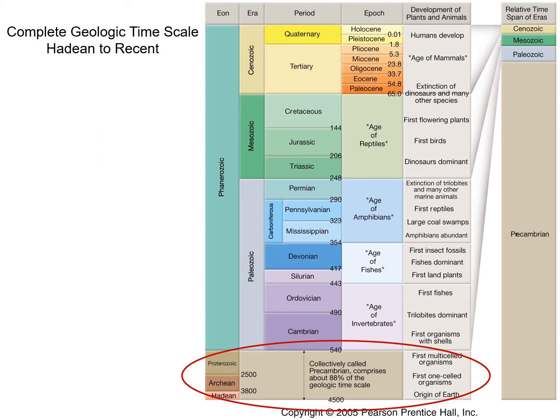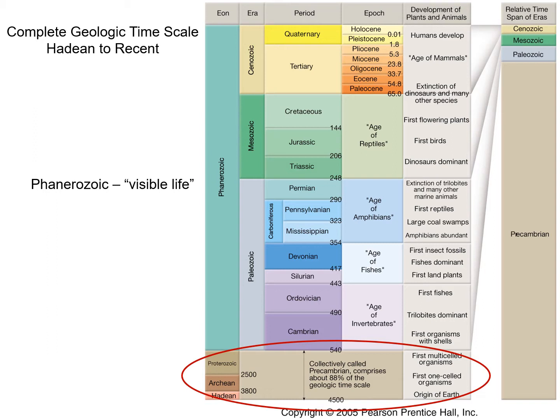For some reason, though, mostly because we have a better record of it, we like to focus on the Phanerozoic, which is the last 540 million years. And we're going to get to that after this next exam. But we're going to be focusing this lecture on just the Precambrian and its three subdivisions, the sub-eons: the Hadean, the Archean, and the Proterozoic, which span collectively from about 4.6 to 4.5 billion years ago to